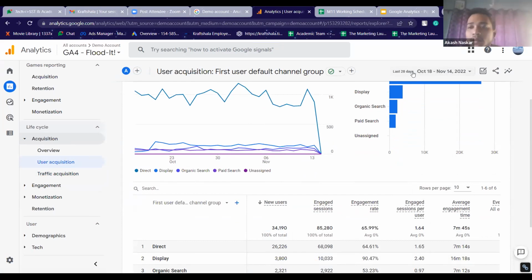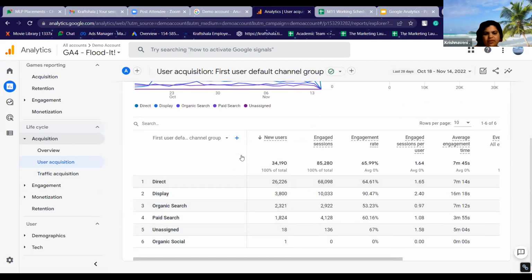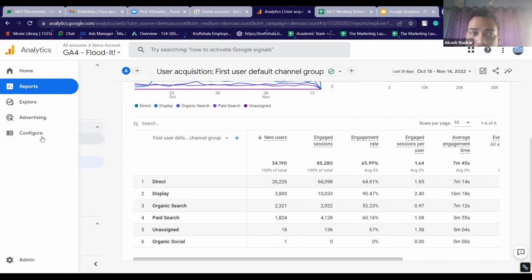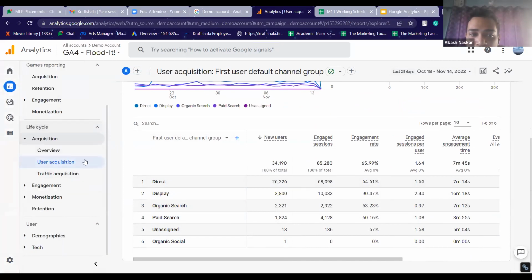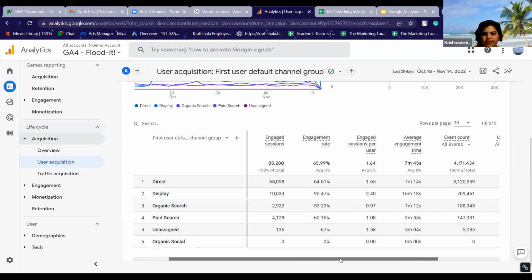Yeah, Krishnaveni? I'm not getting this data, like the direct, display, organic and all. You go into life cycle, user acquisition, reports. Yeah, I'm already there. I get organic, direct and organic social, but I'm not able to put that filter.